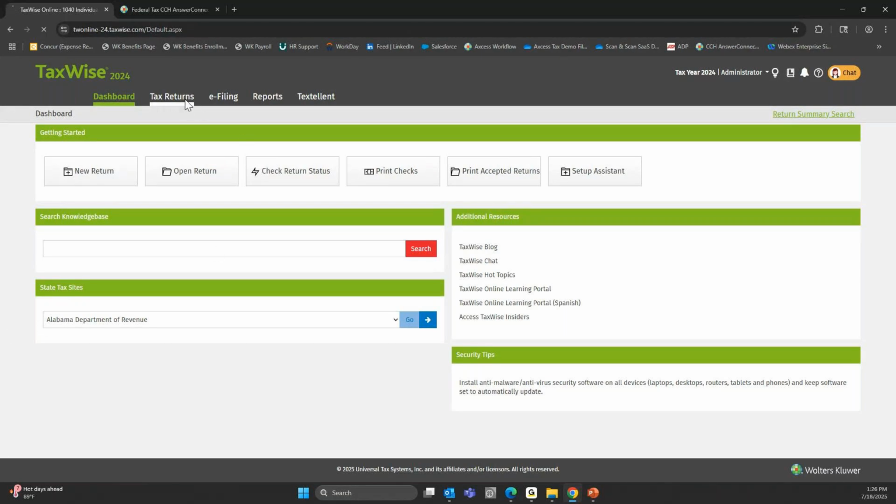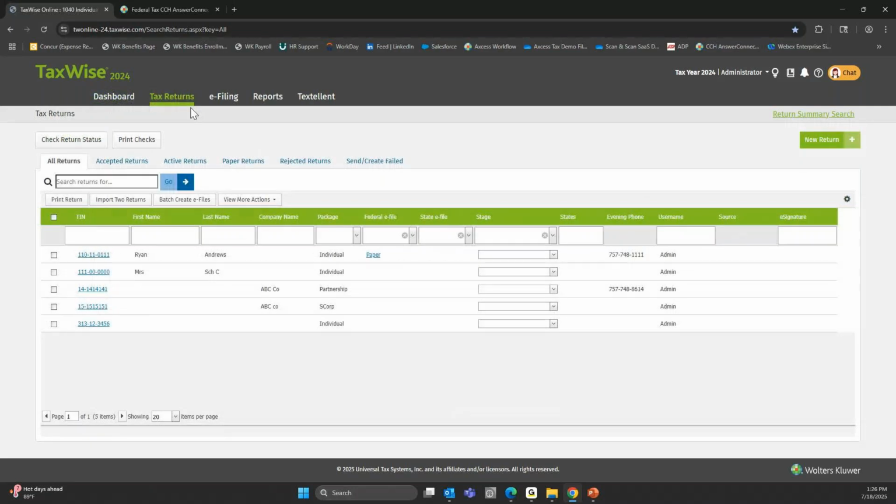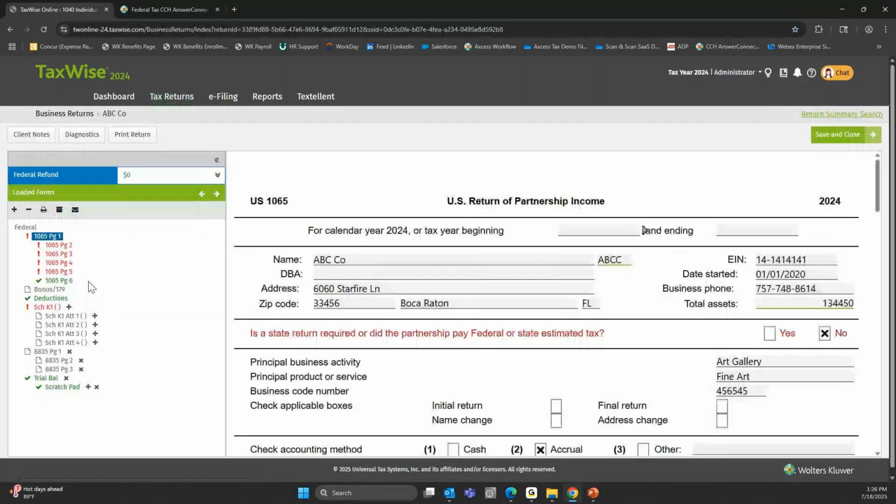So where I'm going to go is I'm going to go to my tax returns, and I have a few different returns here, but we're going to start off by going into a 1065. When I go into a 1065, I'm going to first bring up just page one of the 1065, and if you've ever prepared a 1040, it's somewhat similar. I'm not going to say it's exactly the same, but really where you start is with the basic information of